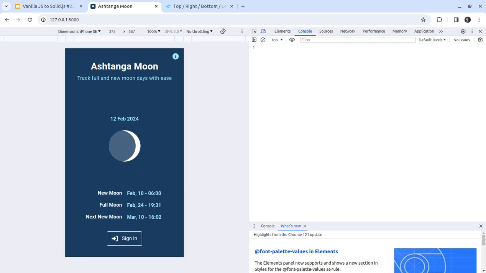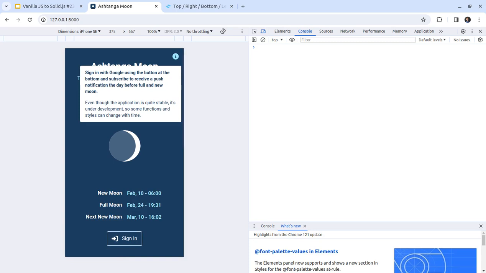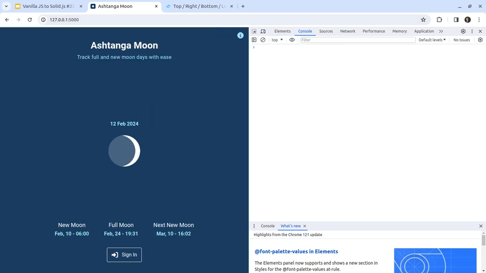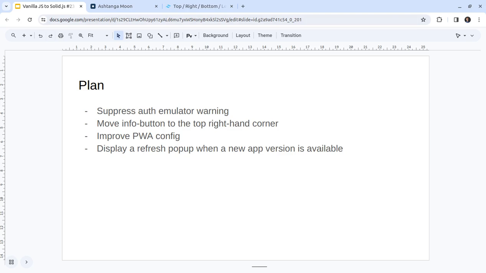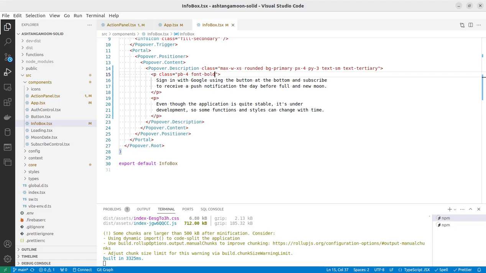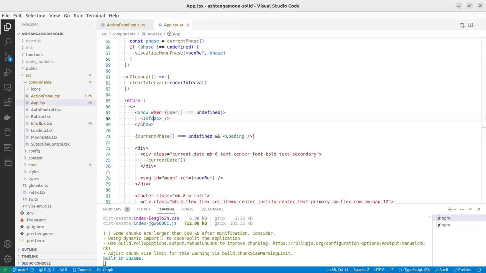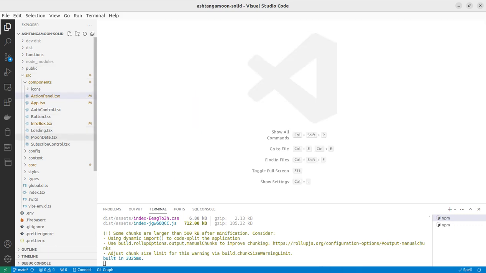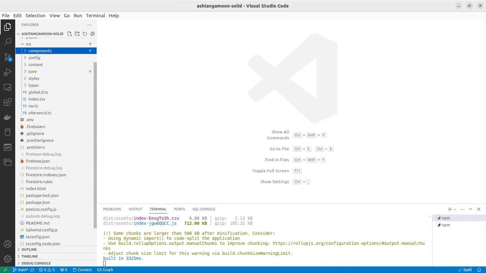On mobiles, I can test as well. Everything is good. Perfect. We can continue with my plan. I want to improve the PWA config first, and then switch to implementing a refresh pop-up. I can close the info box and action panel as well. So now I can open